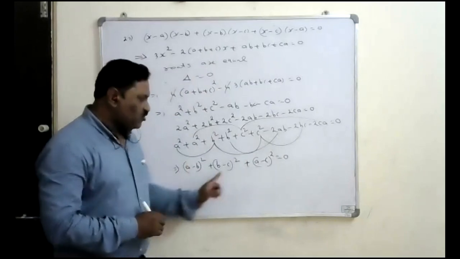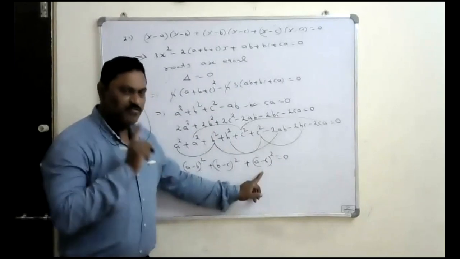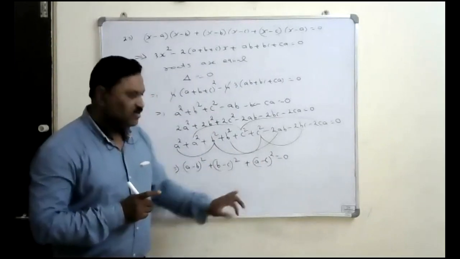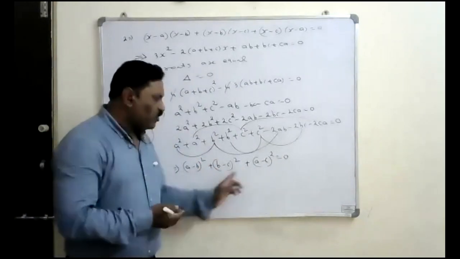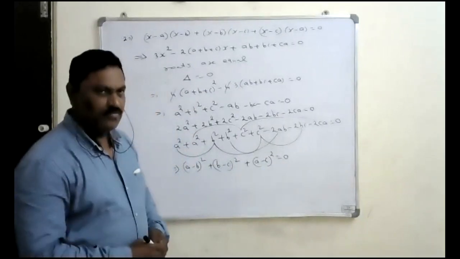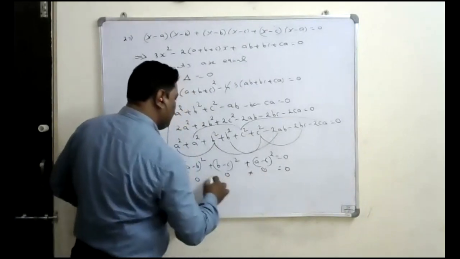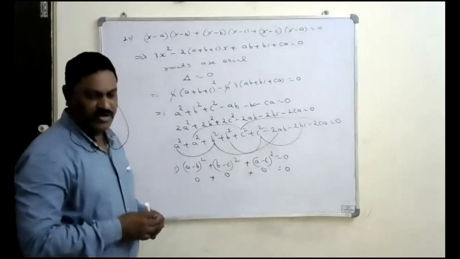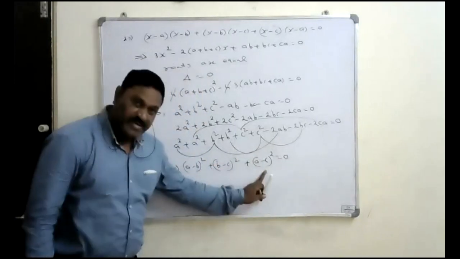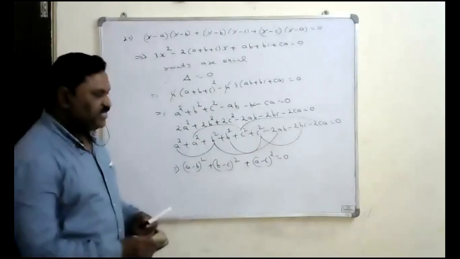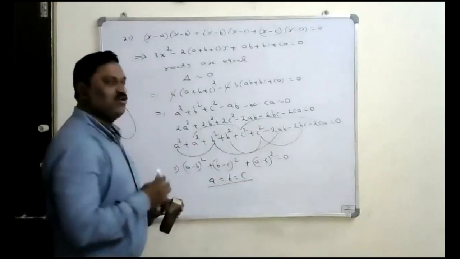Right? Means here you can observe that this is a perfect square, this is also a perfect square, this is also a perfect square. So perfect square means it is never negative, right? Positive. So this is positive or zero. Every term is positive or zero. When is this sum going to be zero? All terms are zero. If all the terms are zero, then only the sum is going to be zero, right? If all the terms are zero, that means A minus B is zero, B minus C is zero, and C minus A is also zero. When A minus B is zero, A is equal to B, and B is equal to C. So this is the condition we have to remember, right?